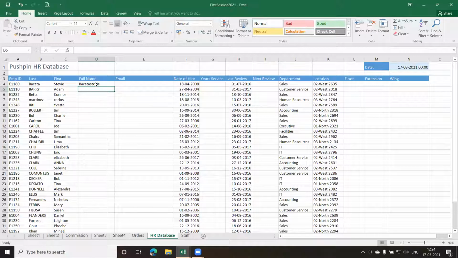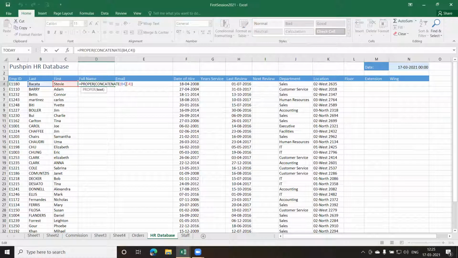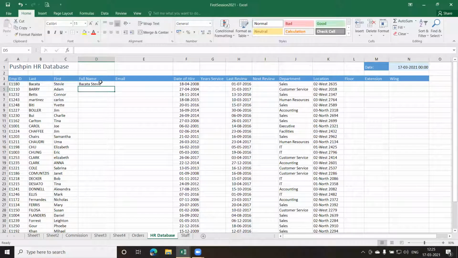So in this case also, when I'm giving this concatenate function, I need to include empty spaces here. So I'll give double quotes. I put a space in between and complete the double quote, put a comma. So now I have three parameters. The first parameter is B4, where I have the last name. Then the second parameter is a space. The space has to be given in double quotes. Then I give a comma and I give the next field, that is my C4. Now when I press enter, I get the name properly.